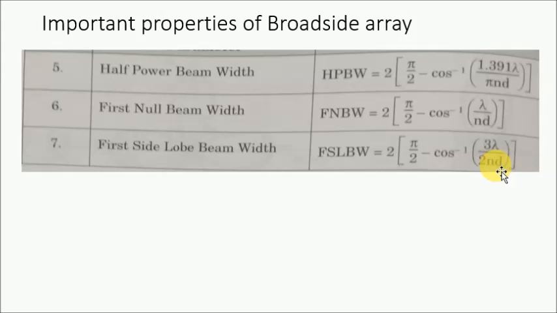So here the half power angle from the axis of the array is phi h, and the major beam from the axis is 90 degrees because it is a broadside case. The half power beamwidth is basically nothing but 2 into pi by 2 minus phi h. You remember, the half power beamwidth is nothing but 2 into pi by 2 minus phi h.